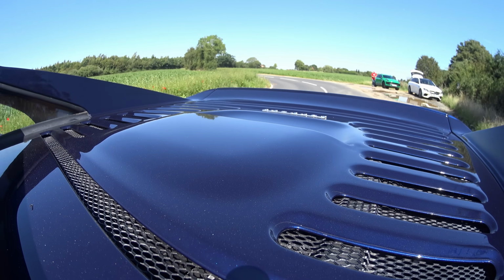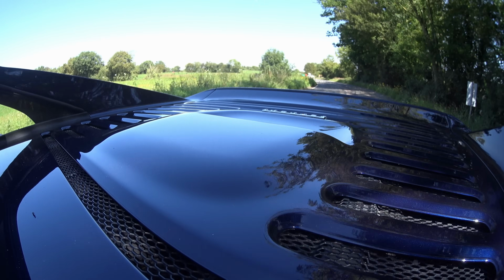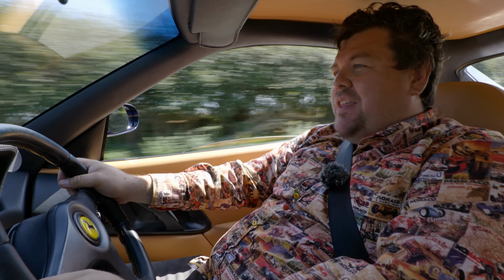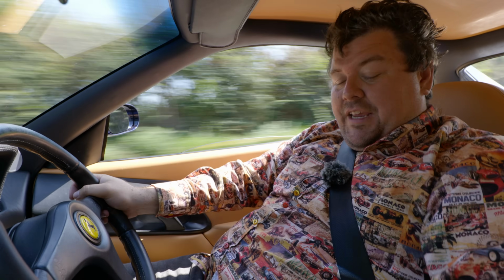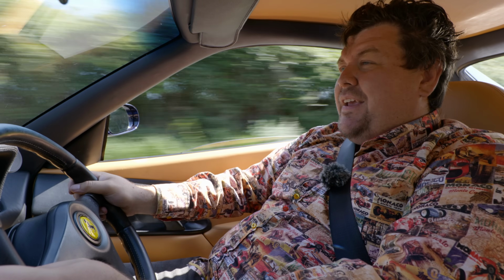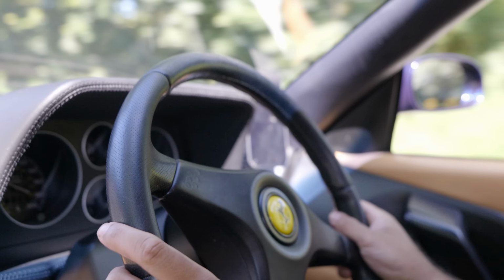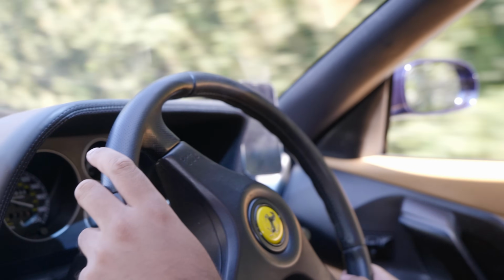The issue being that this is, like I said, the only one exactly like it. There is no other in this specification, which is annoying because I really, really want it, and its owner does not want to part with it. He, like me, was on the hunt for something like this for quite some time and has absolutely no desire to move it on. I can understand why, because he'd never really be able to replace it. It's still, though, not technically the perfect 355, I have to say that, and that actually doesn't exist, because much